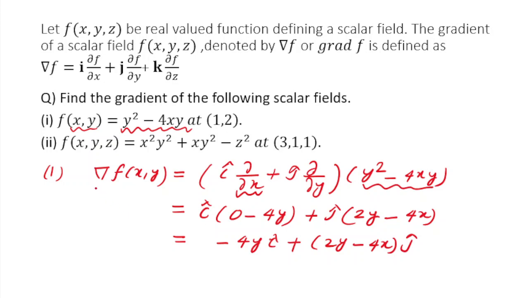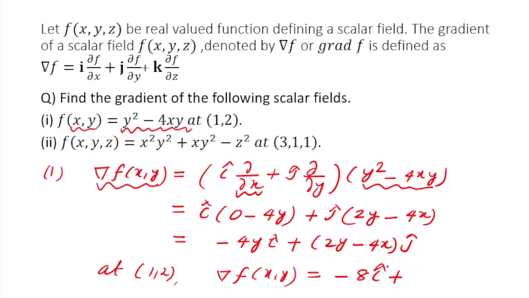So this is the gradient of this function, but we have to evaluate the gradient at a point. So at the point (1, 2), what will be the gradient? The gradient at the point (1, 2) is equal to, I put the value of y equal to 2, so I will get minus 4 into 2, which is minus 8i, and plus